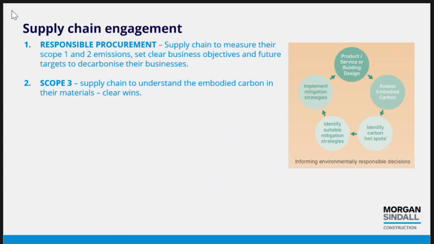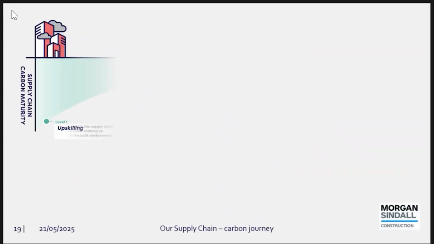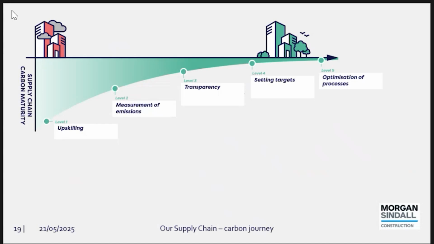What are the manufacturers doing that is going to give us that edge to not only win work but to decarbonise our buildings? And the supply chain can measure themselves against their own carbon maturity framework. You can see level 1 is upskilling. That's simply upskilling your own staff, and that could be going again to the Supply Chain Sustainability School. There's a whole raft of education information that helps you upskill your own staff, and it's free. Level 2, again using the Supply Chain Sustainability School, you can measure your own emissions, your scopes 1 and